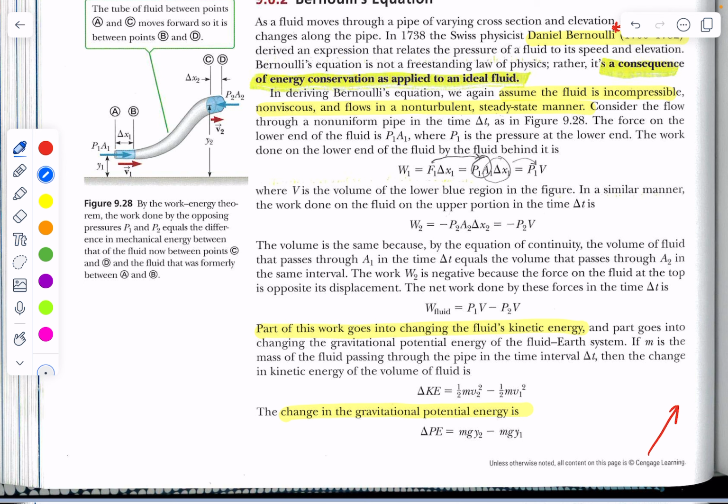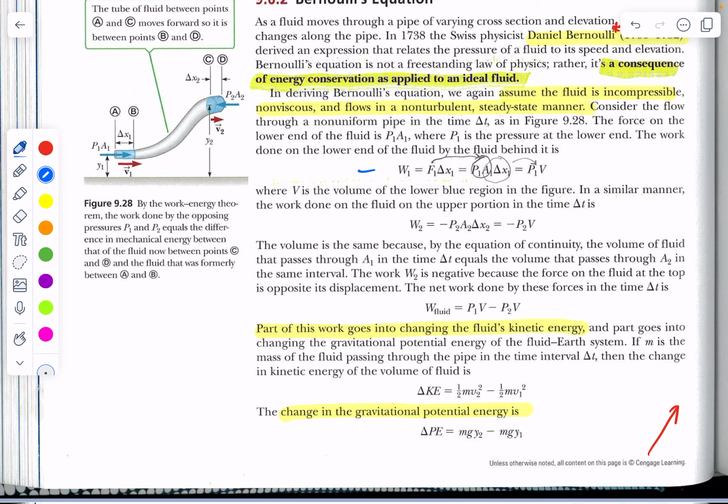He often explained the final basis or foundation for his physics and math principles using theology, using a sovereign God. So, in Bernoulli's principle, we're going to assume again that this is an ideal fluid, that it's incompressible, it's not viscous, it's non-turbulent, and as it flows through a system,